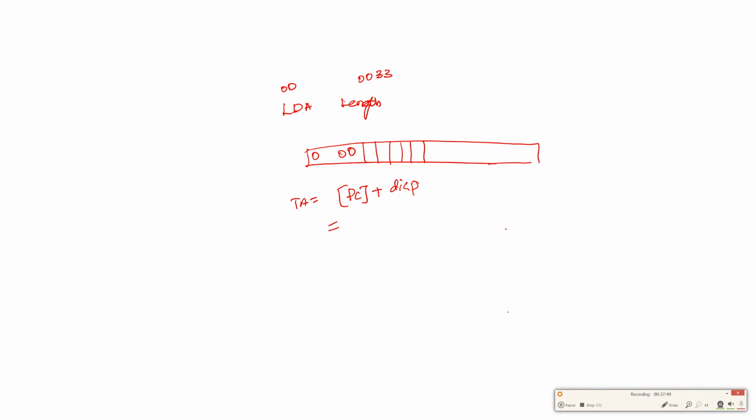Now, the next instruction starts at location 000D. So now what I have to do? The target address is the length value, 0033, and the content of program counter is this one, that is 000D. Plus, we don't know the displacement value, so displacement we will find like this: displacement is equal to